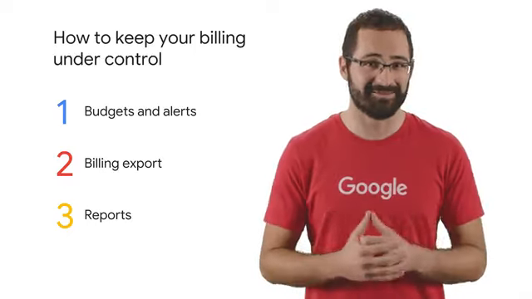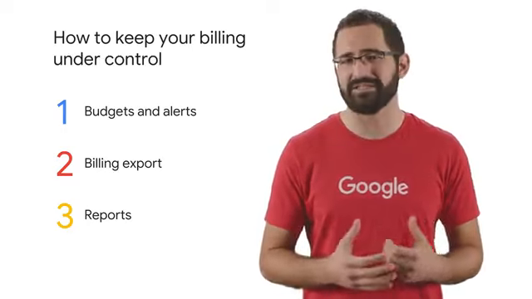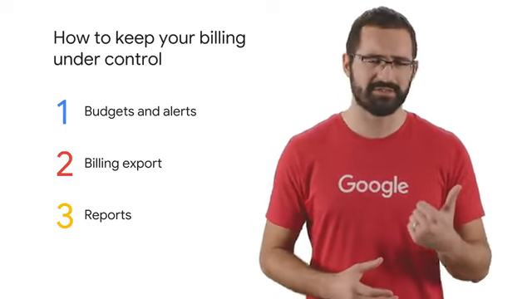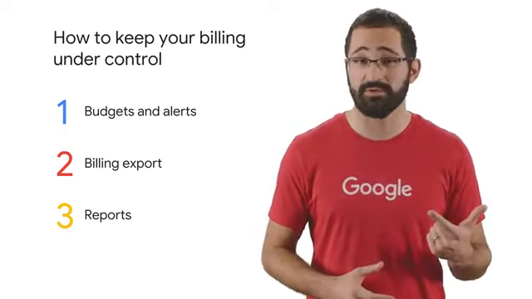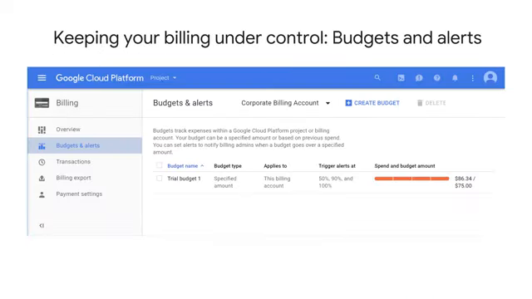And you're probably thinking, how can I make sure I don't accidentally run up a big GCP bill? GCP provides 3 tools to help: budgets and alerts, taking a look at the billing export, and also looking at your reports. You can define budgets at the billing account level or even at the project level. To be notified when costs approach your budget limit, you can create an alert. For example, with a budget limit of $20,000 and an alert set at 90%, you'll receive a notification alert when your expenses reach that threshold, or $18,000.